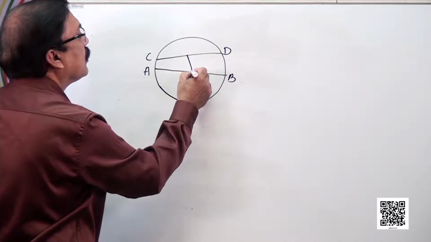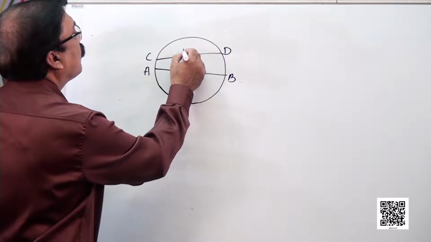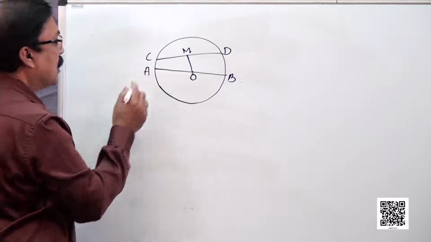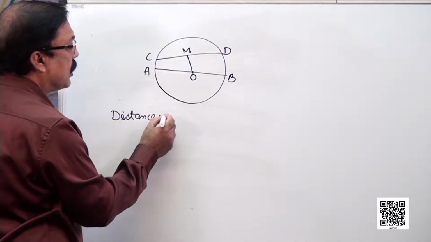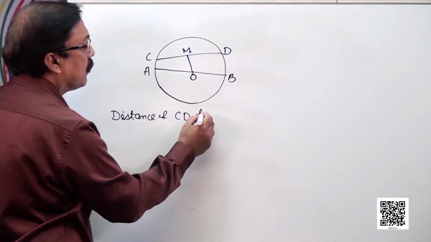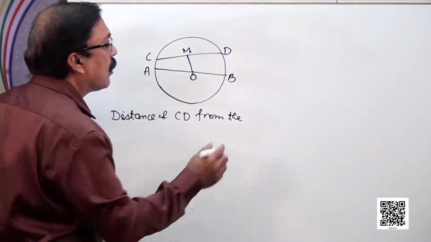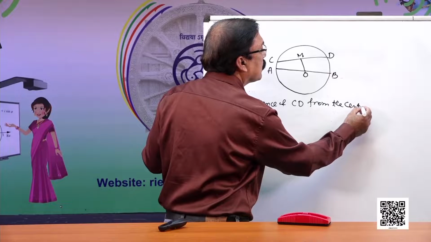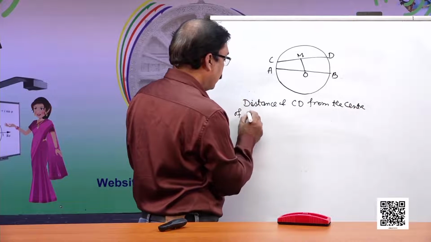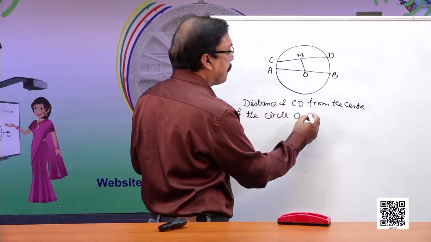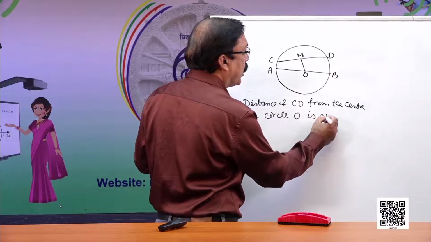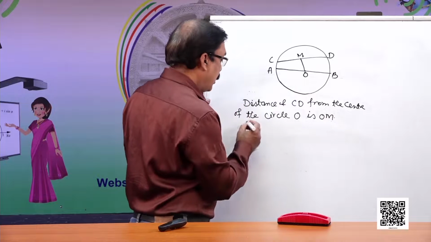Definitely, the distance of CD from the center of the circle O is OM, and